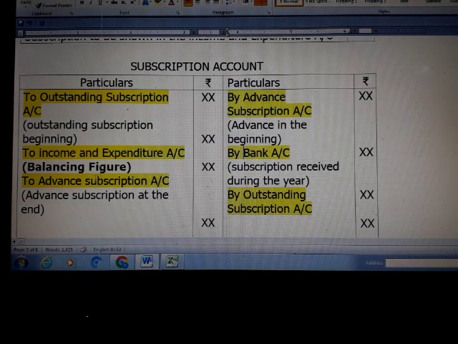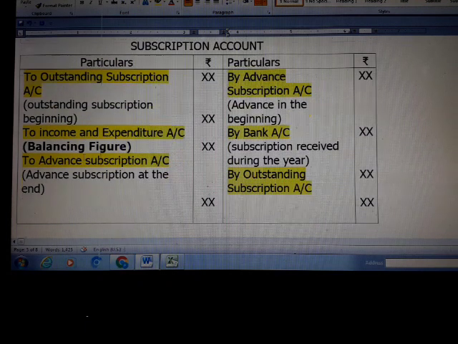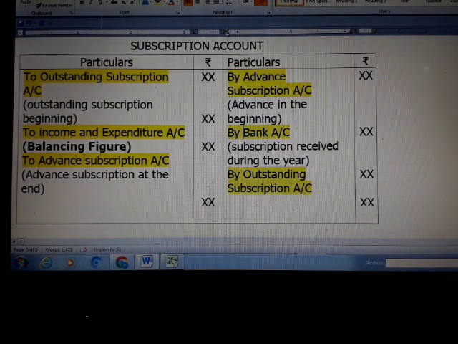Once you have transferred all these items, you need to total your debit side and credit side. Obviously, your credit side will stand greater than your debit side. So whatever the balance, that will be documented in the name of to income and expenditure account as a balancing figure. This amount will be taken to our income and expenditure account on the debit side. Without documenting this value, we may not be able to get a proper surplus or deficit. Can you understand, students? And move on to a problem.